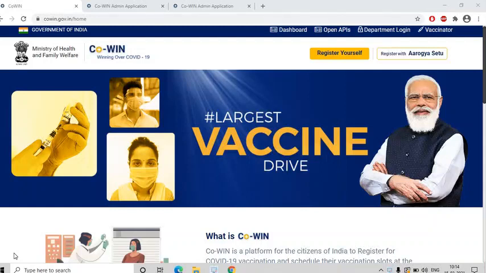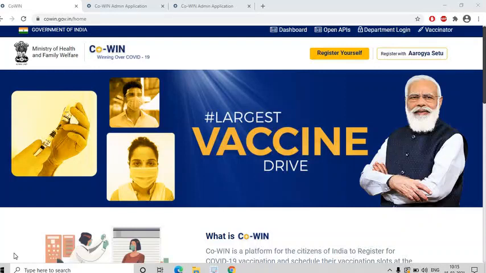Three important things that every site manager and other vaccinators have to take care of: henceforth the beneficiary will not have a choice to choose which vaccine they want to take, that is whether it is Covishield or Covaxin. Also, the session created for the vaccination should be completely of Covishield or Covaxin. There should not be a mixed session. The third important thing is that if the beneficiary's dose 1 is Covaxin, then dose 2 should be Covaxin only. If the beneficiary's dose 1 is Covishield, the second dose should be Covishield only. There can't be a mixed dose for the same beneficiary.